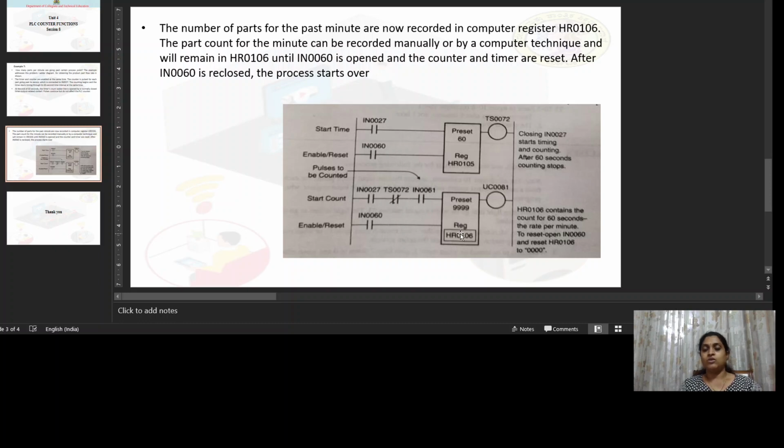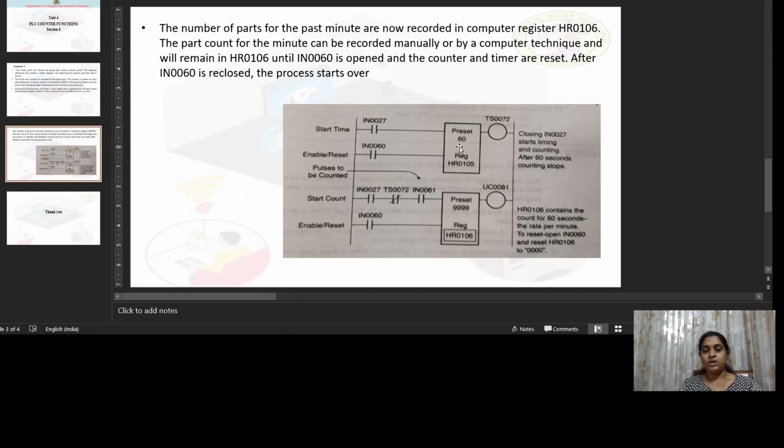The current value of the counter will be incremented by 1 so that it is now equal to 2. Like this, the steps continue until the timer times out. Here we have set the preset value for the timer as 60 seconds, equal to 1 minute.